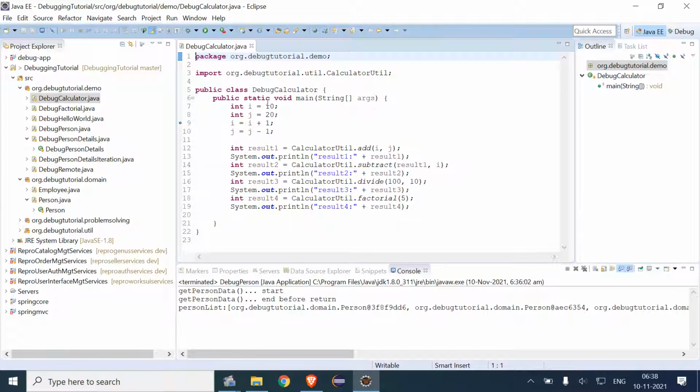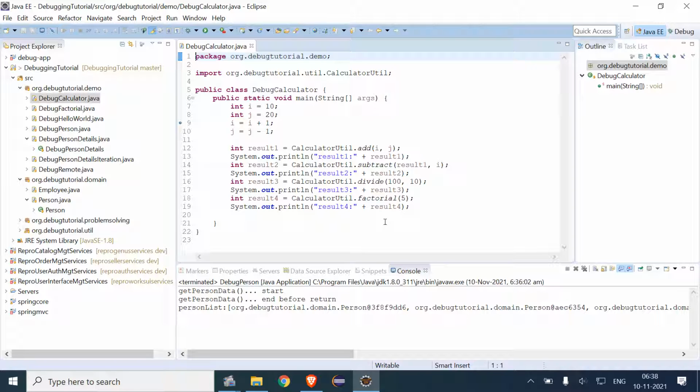So here in this, if we simply see, a value of i and j are initialized and these two operations are given, after that the print statement is given, and according to the operation they will perform the value.